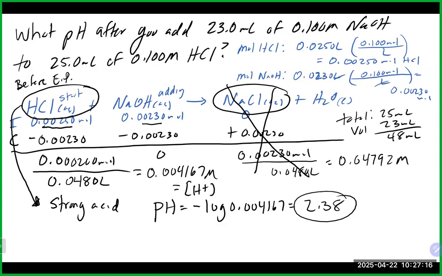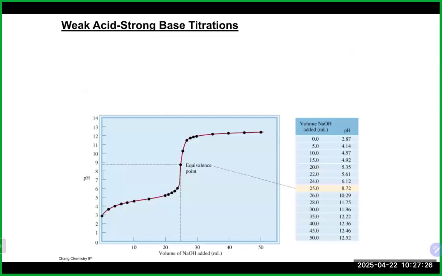All right, then let us talk about the next type of titration we're going to do. And that titration is a little bit different. That titration is a titration of a weak acid and a strong base. So a weak acid like acetic acid, for example, plus a strong base like sodium hydroxide, again, going to do a double displacement reaction, creating sodium acetate